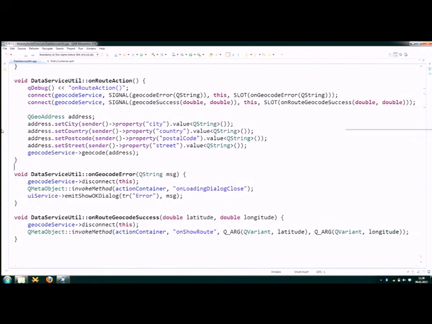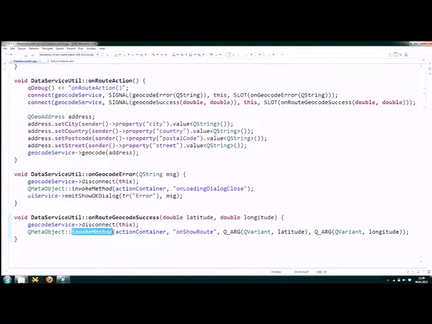So now I have here a code sample for this en route, what I just showed. It's called here en route action. When you click on it in the UI, this is called. Then it looks up the address using a geocode service. And now I connect the signal from the geocode service to the error and success slot. And you can see them both below. So if there's an error with the geocoding, I just show a dialog. And if there's a success, I use invokeMethod